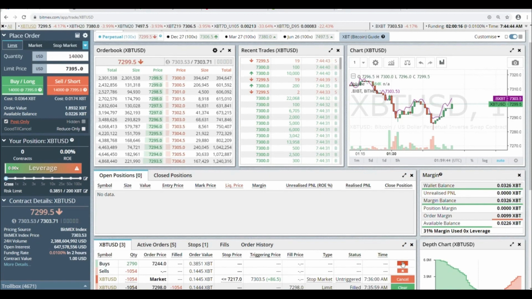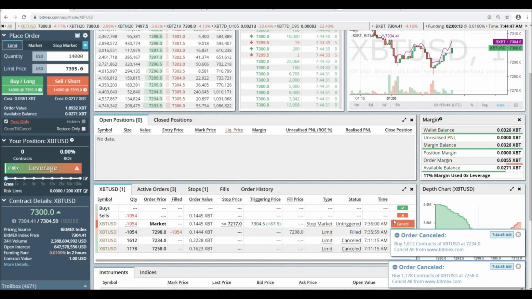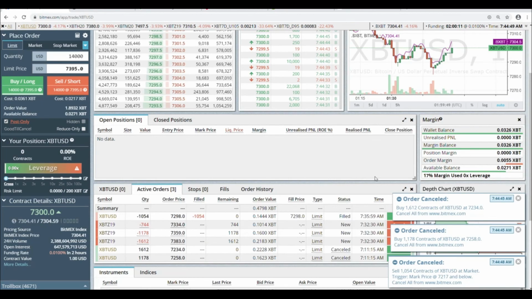Right, guys, that's it. It's very easy. It's dead simple scalping software. So very good at